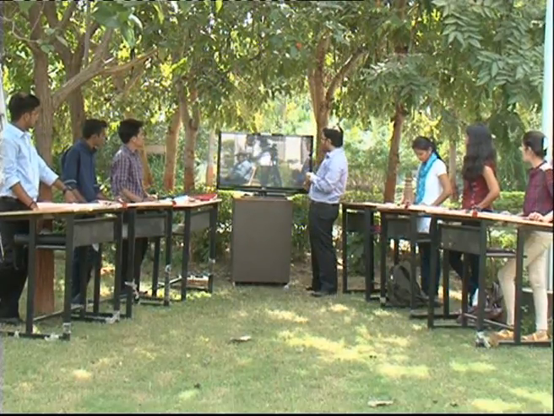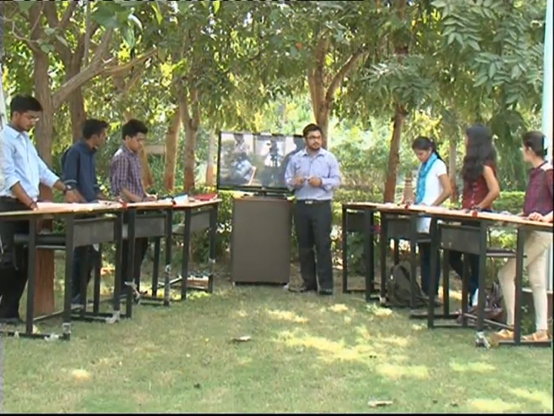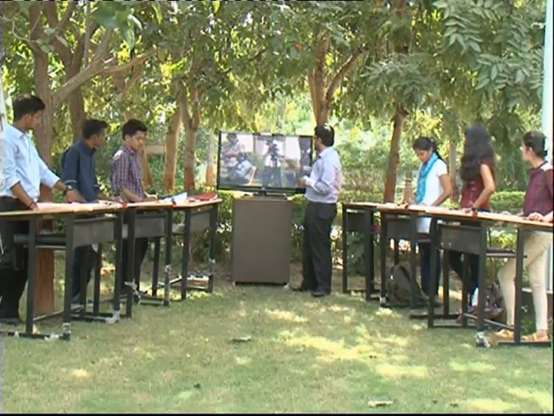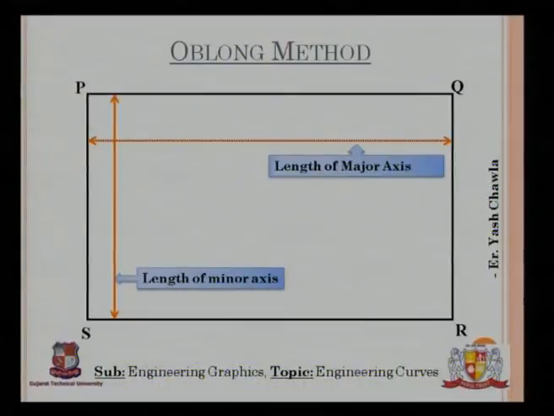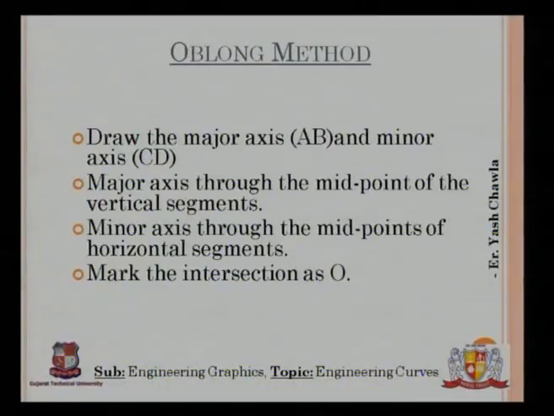Now quickly, this is one of the very simple methods. This is the major axis and this is the minor axis, as you can see on the screen. Now moving on, draw the major axis and minor axis from the center points of the heights. You can draw